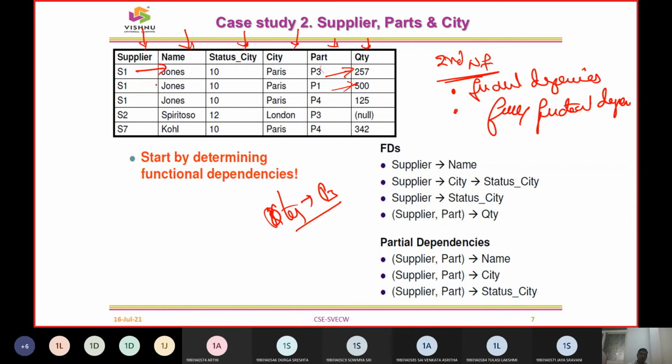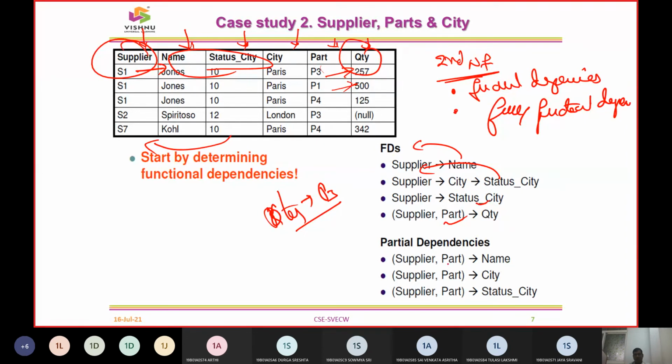Supplier ID is going to have a supplier name. So supplier name is functionally dependent on the supplier. Similarly, I can take name and city. So these two are going to be dependent on the supplier again. Similarly, supplier city can also be dependent on the supplier ID, and I can combine supplier and the part. Supplier, how many parts is he going to have? So that is also a scenario I can bring.